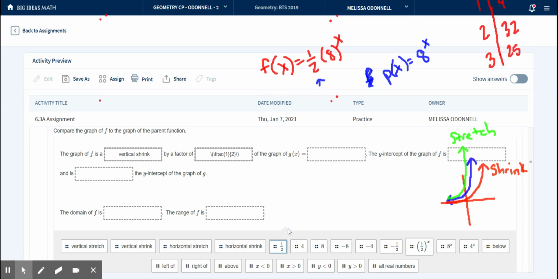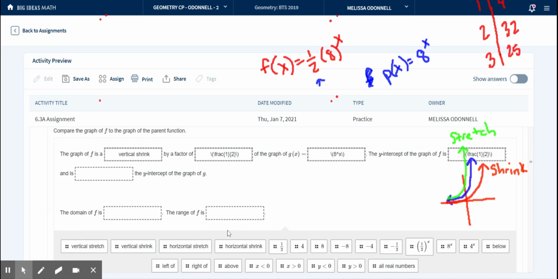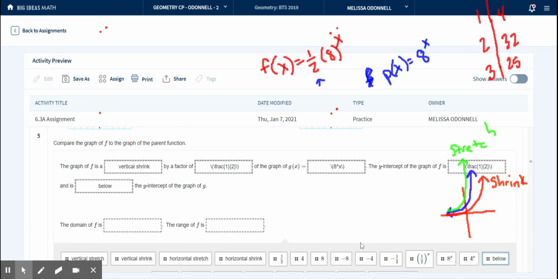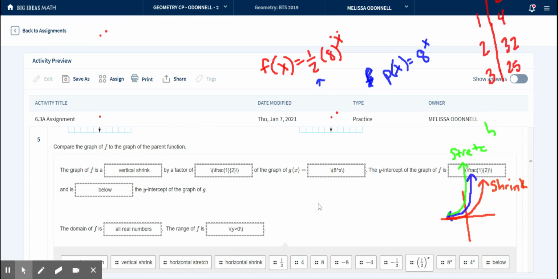And of the graph of g of x, which we knew that parent function is just 8 to the power of x, the y-intercept of f, well, we know that that's that a value that we talked about in class today, so that's 1/2. And it is below. Whoop. Okay, so this should say below. I couldn't drag it over, my pen didn't work. Below, and the domain of f is going to be all real numbers, and the range is y greater than 0. And that's how you do that one. But again, grab Desmos, use your graphing